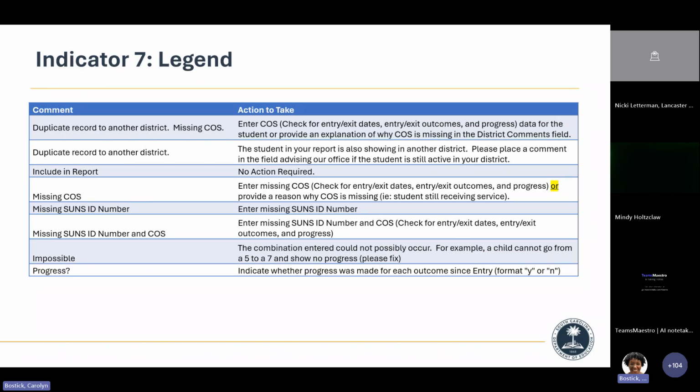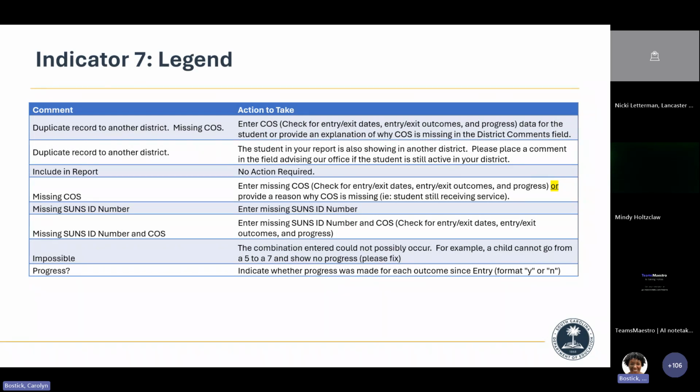Just to reiterate, for missing COSF, you need to check for your entry exit dates or entry exit outcome scores and the progress. You should not see a missing SSN ID number, but experience has taught me that when you are working in the spreadsheet, it is possible to mistakenly remove the ID number. But if it is missing, please make sure that you go back and add that ID number.